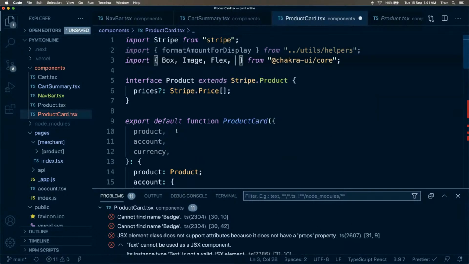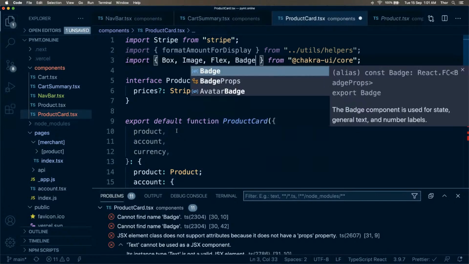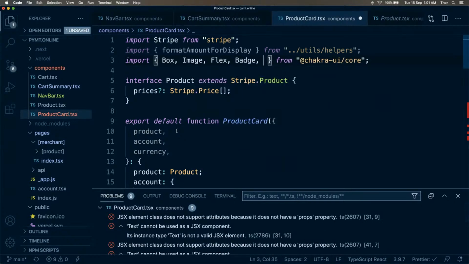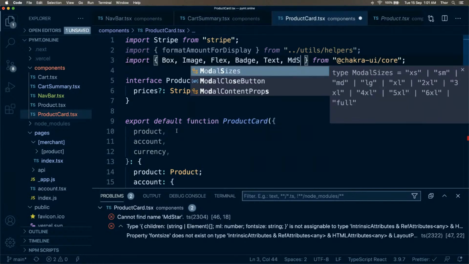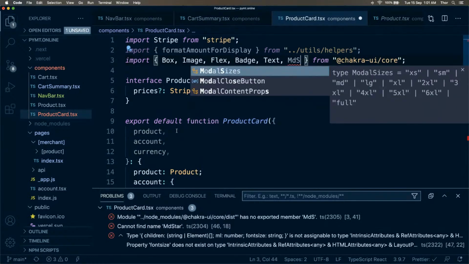We need bench. We need text. We need MD star. Those pre-built box component, yeah. I think the box is just a